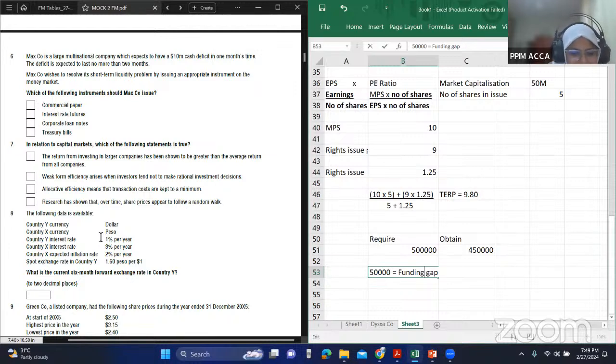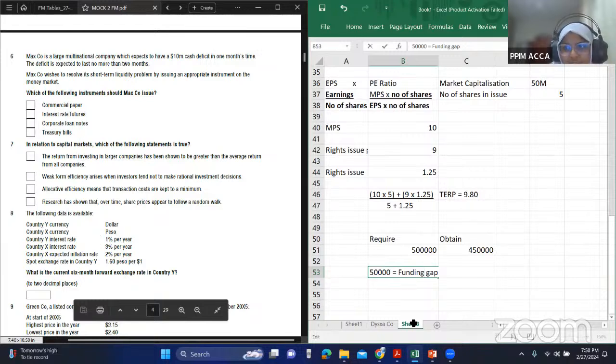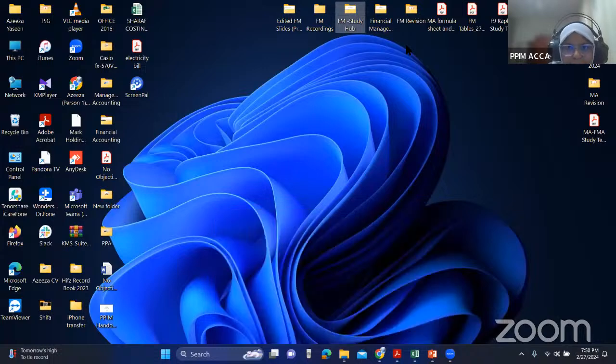Now, what you have to understand is the money market naturally only deals with short-term instruments. So if you want a loan for less than 1 year, or if you want to deposit for less than 1 year, only then you can use the money market. So Max Company going for the money market is a good thing, because capital market means we are talking about long-term instruments. Okay. So now in the money market, there are different types of instruments that you can just have a quick idea about. I'll show you that quickly.